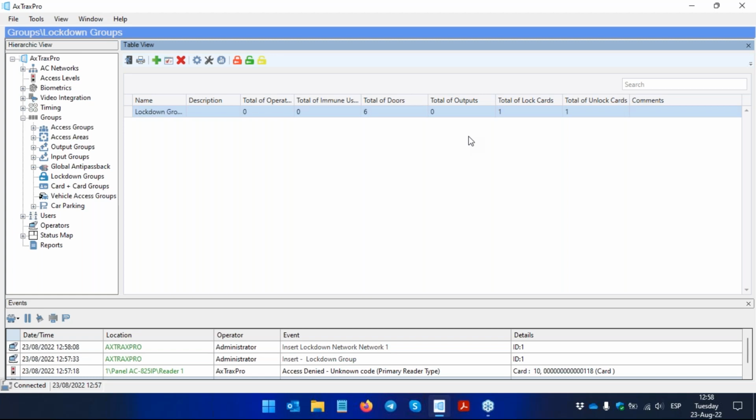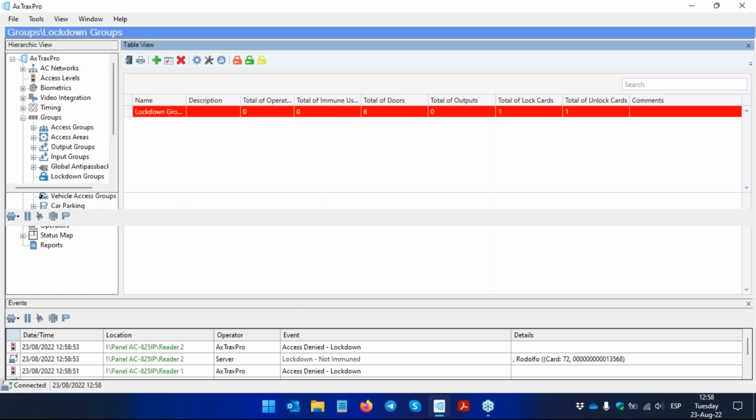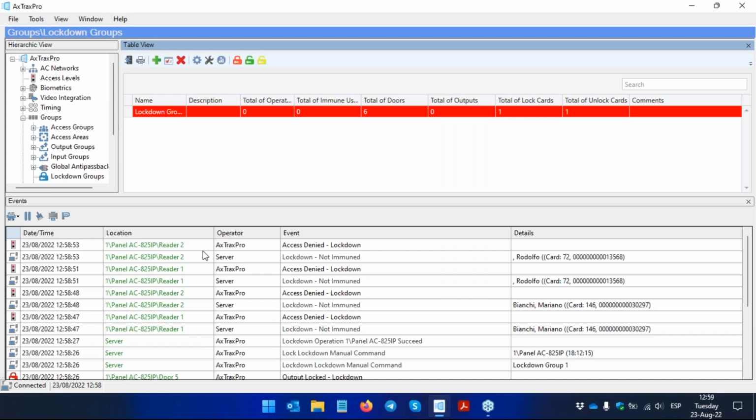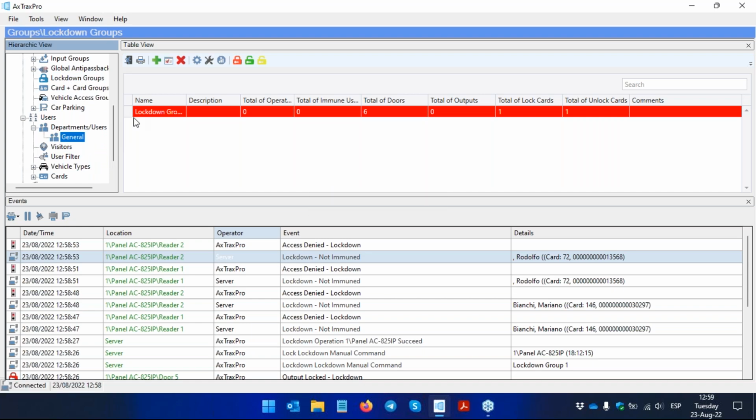So I swipe the card, lockdown manual code, succeed, and you can see now that this turns red, meaning every door is locked. Okay, so if Mariano or Rodolfo, which were the 2 users we have, want to enter, of course, the access is denied, as you can see here in the real-time event viewer. Okay, and it says not immune. I told you that no one will be able to enter except